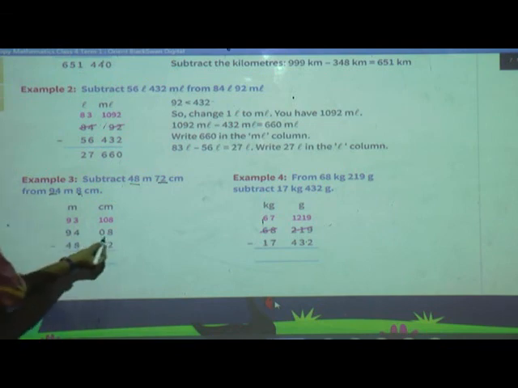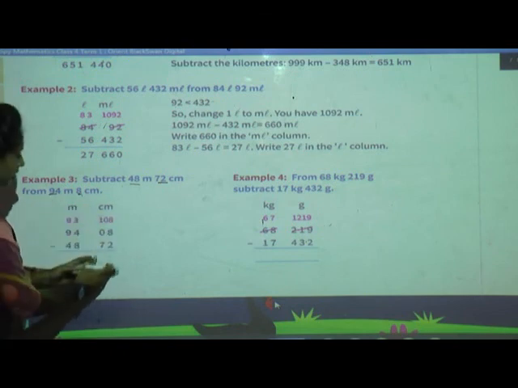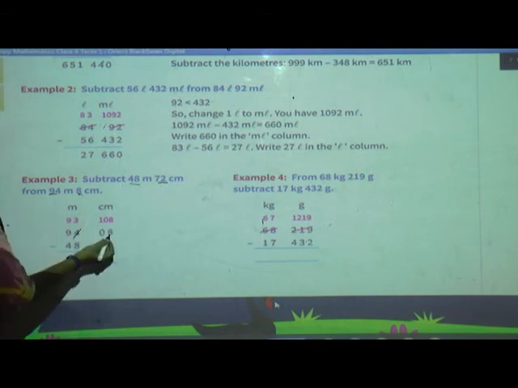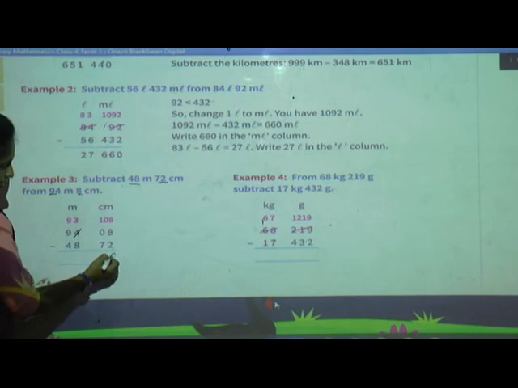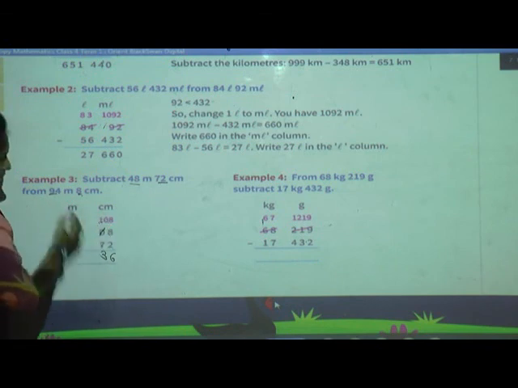So now 8 minus 2, yes, can we? Yes, we can. But here thing is what? Meter is different, centimeter is different. So here 0, 8 is there. So we cannot subtract from 0. So what we have to do? Take borrow from neighbor, that is, he is having 4. First 8 minus 2 is 6. Now 0 minus 7 we cannot, cut the 0, write as it is, neighbor is having 4, he will give 1, 3 will remain. Now 10 minus 7 is 3.